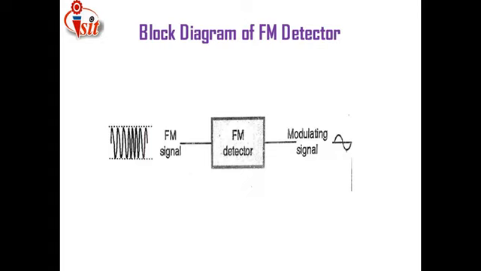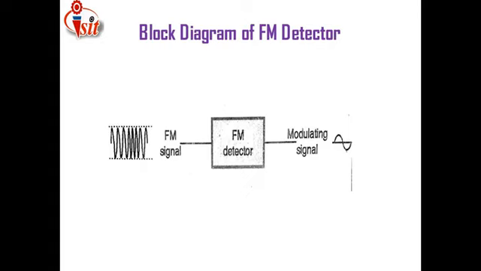It must convert that frequency variation into amplitude variation. Then second requirement is this conversion must be linear and efficient. That means whatever the conversion required over here related to frequency modulation, it is having linear nature along with better efficiency. Then third requirement related to FM detection is the demodulator circuit should not respond to amplitude changes.